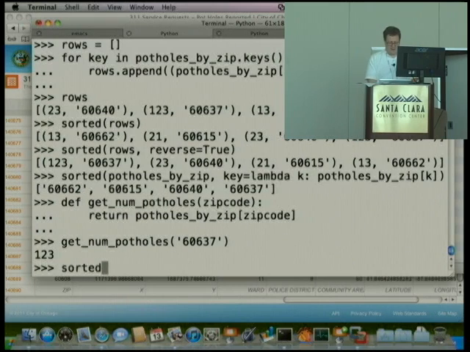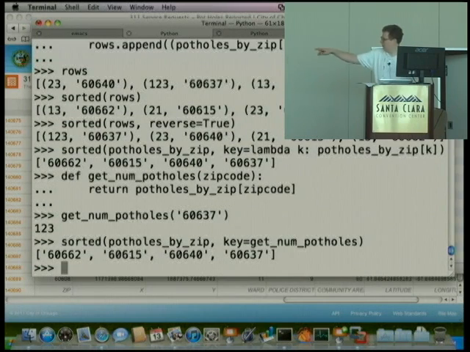It turns out that you can pass that to the sort function. You can say sorted potholes_by_zip, key equals get_num_potholes, and it'll rank these things by the total number of potholes that they have. Okay, so if you look at that data,